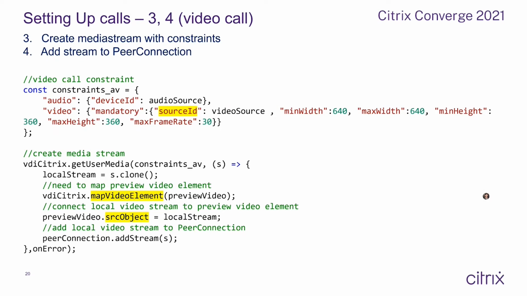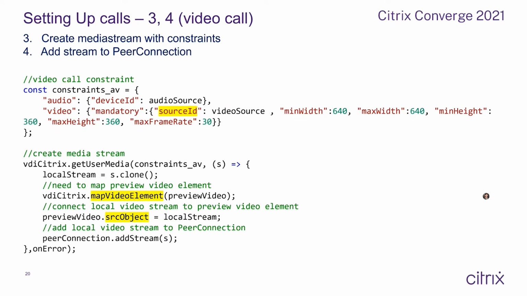In video constraint, we need to indicate selected video input devices as source ID. Once we create the media stream, we can feed this stream to local self-preview video element by assigning stream to video element source object property. Notice here,